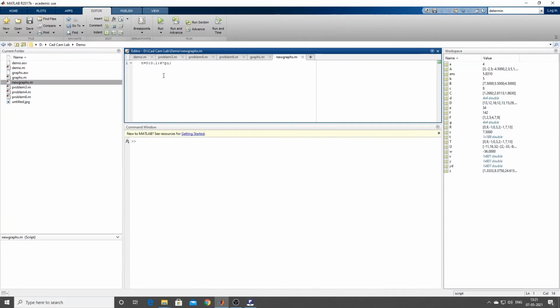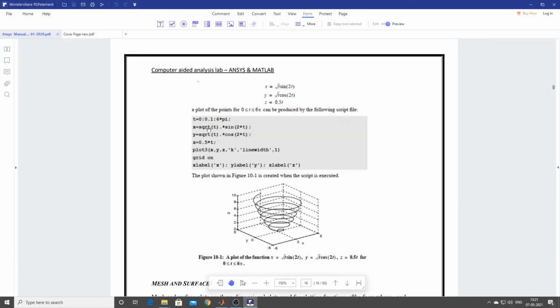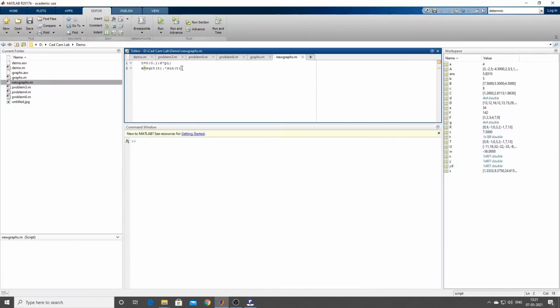So please type it here: x equal to sqrt of t, dot into, you should put dot into sine of 2t, sine of 2t, sorry.